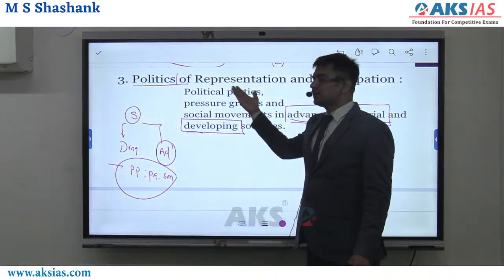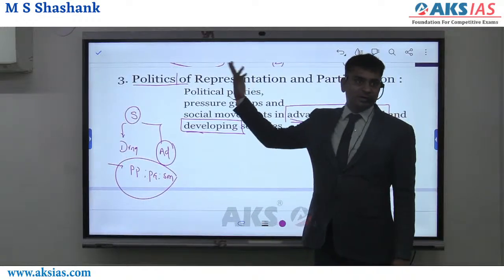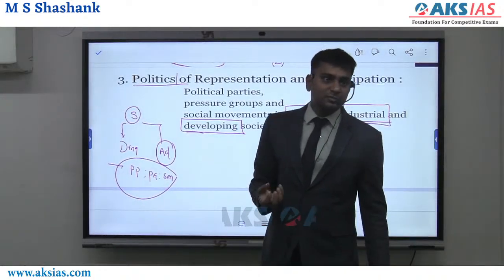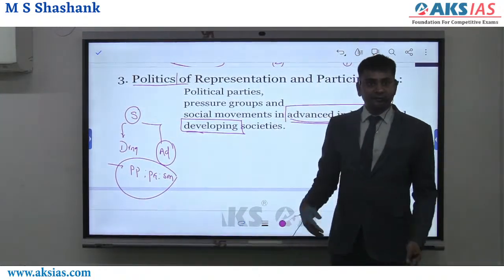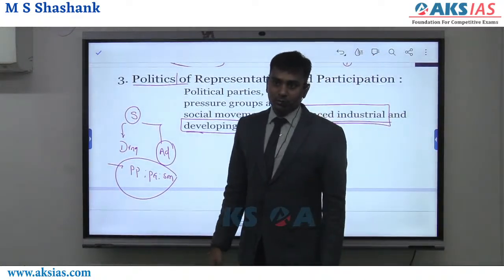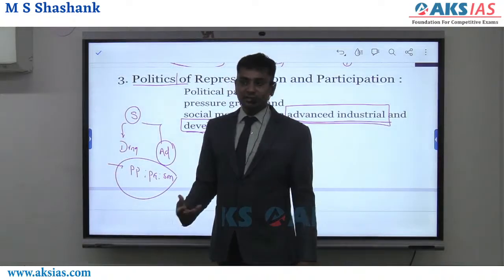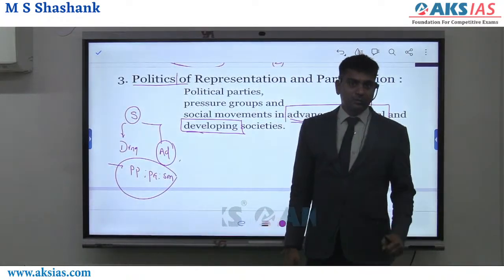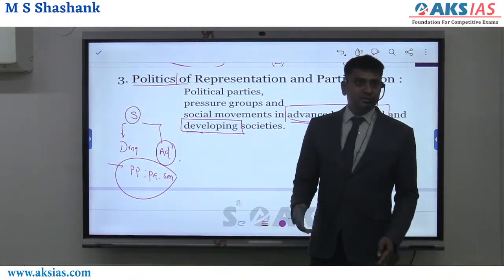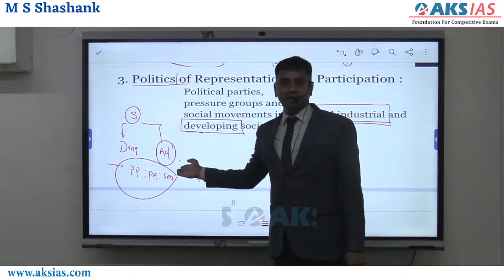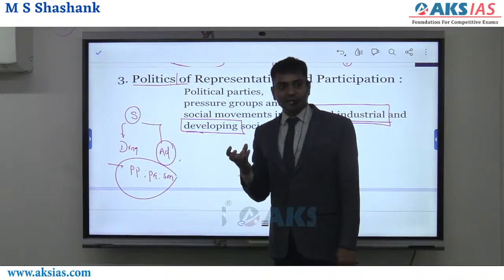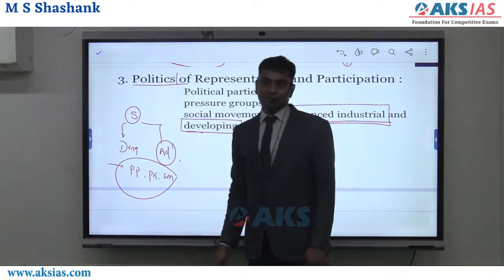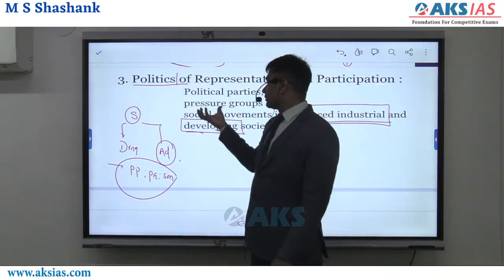The same thing with political parties, which play a very crucial role. Elements like caste, religion, identity-based politics will be dominant in developing societies. But in advanced societies, ideologies play a crucial role. In developing societies, social factors play a major role, whereas there economies play a major role in determining politics. Like this, pressure groups are highly disorganized in these societies, whereas they are highly organized in advanced countries. So you will find differences in characteristics between the political parties here and there, pressure groups here and there, social movements here and there. This is what they have given.